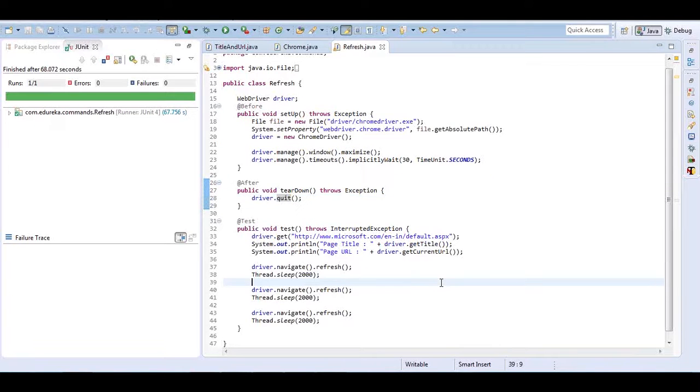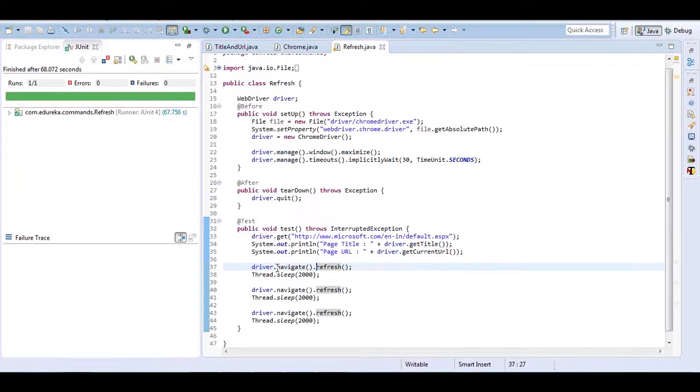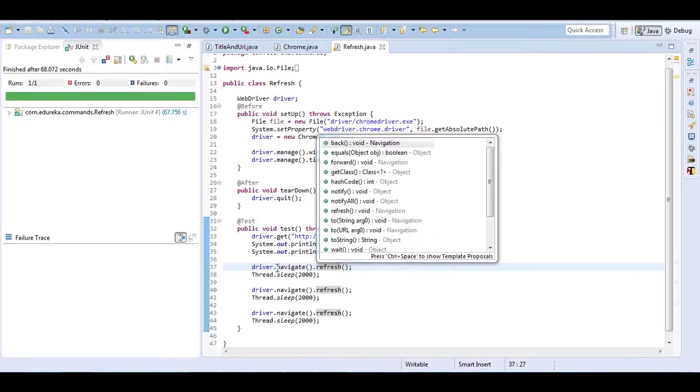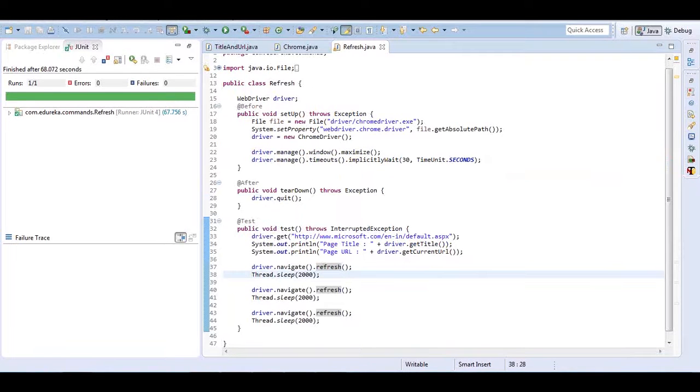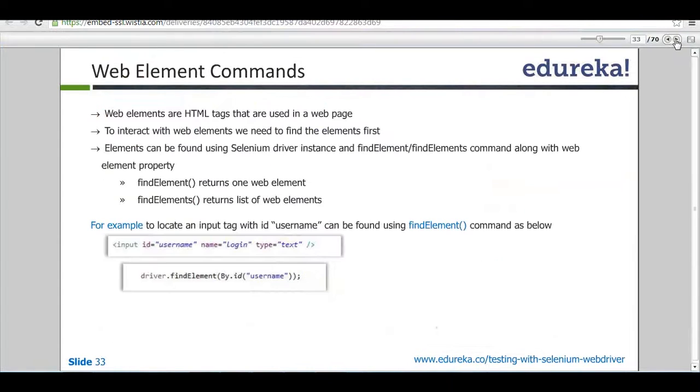Okay. So we saw how to refresh. How to write it, friends? driver.navigate().refresh(). That is the syntax to write it. If I right click on it, I'll get navigate, and in that, if I right click on it, I'll get the list of options. Like I can go back, I can move forward. We'll see the demo of it. As of now, I'm interested in refresh. So I'll choose refresh, and it will refresh my page. At the same time, you can compare the difference with RC and see these advanced features. These were not there in